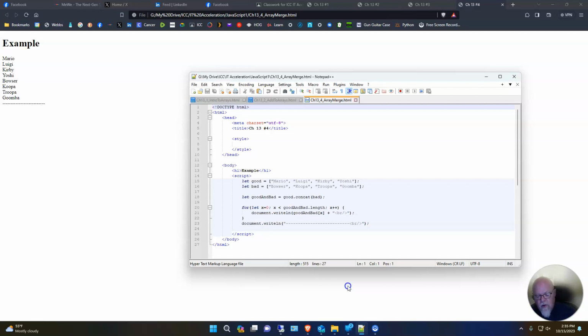So the next part of the chapter talks about mapping, filtering, and reducing arrays. And it says before we talk about map and filter and reduce, it wants to talk about